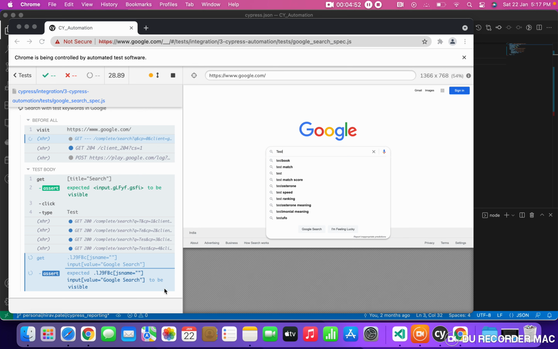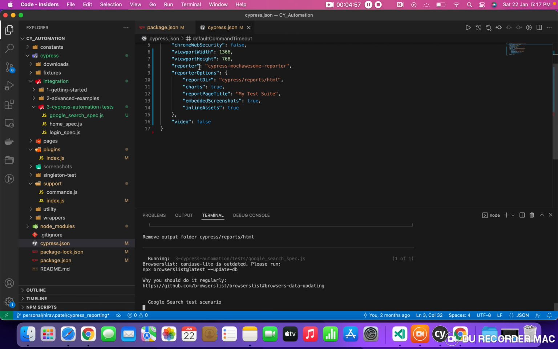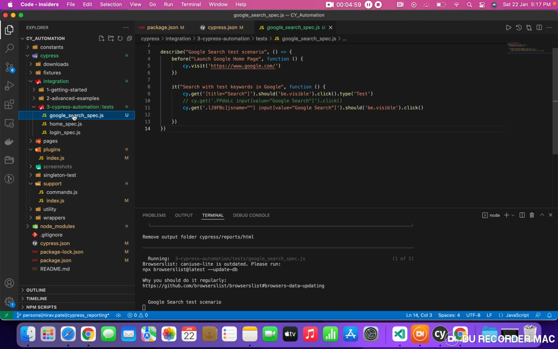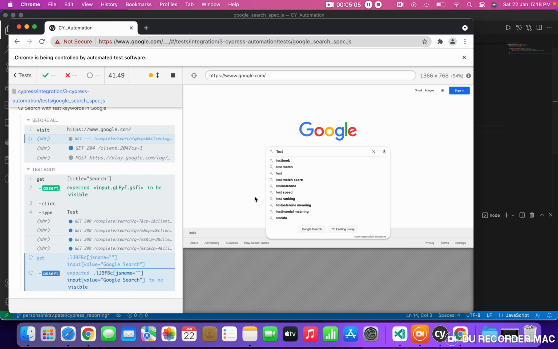Okay. So in this scenario, it will try to click on the Google search button, but I made a change with the wrong XPath. You can see it over here. I haven't passed that username, I'm in JS name equal to this. So in this scenario, it will fail after 60,000 milliseconds.